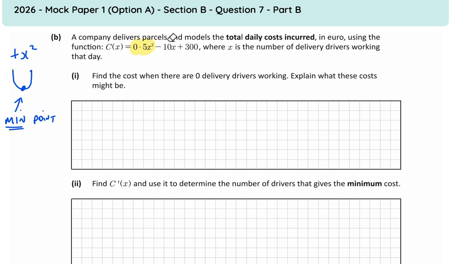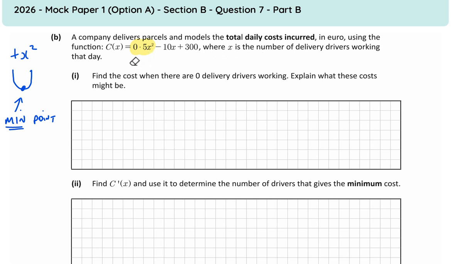A company delivers parcels and models the total daily costs incurred, right? So all the people they have to pay, all the stuff going out, fuel, petrol, whatever their costs are for the day is given by this model here. C of x is equal to 0.5x squared minus 10x plus 300, where x is the number of delivery drivers